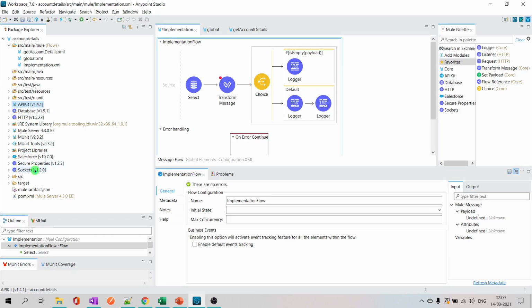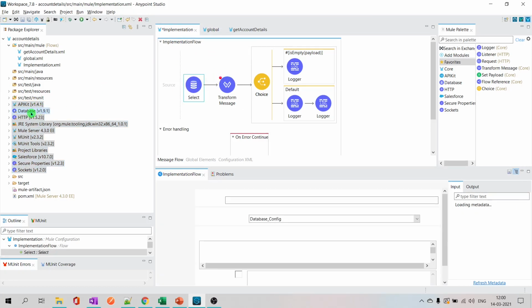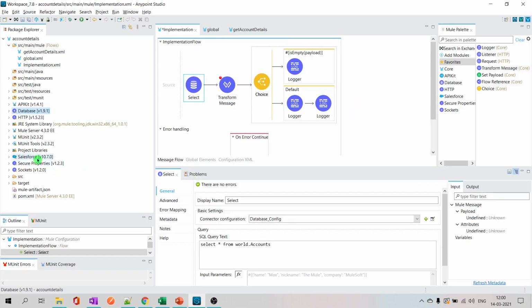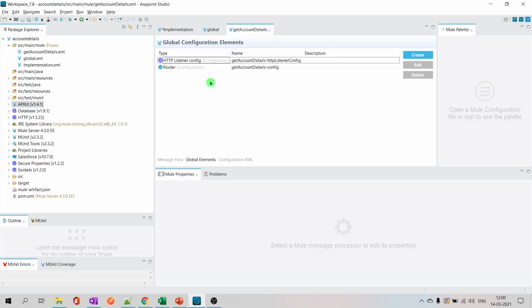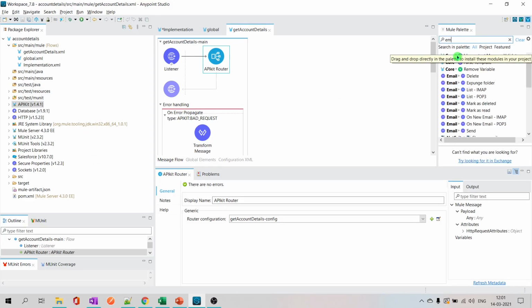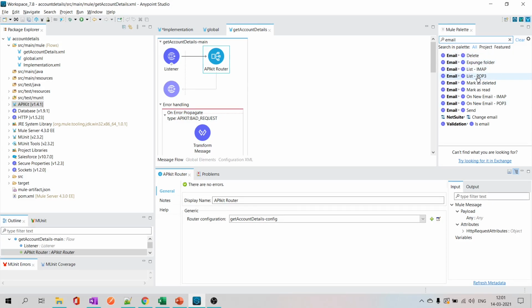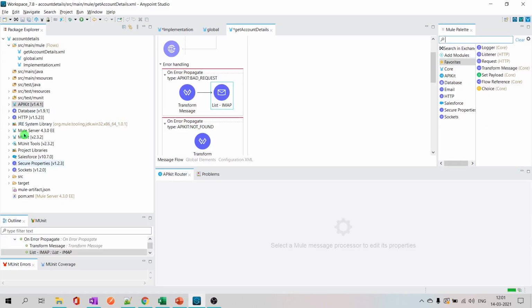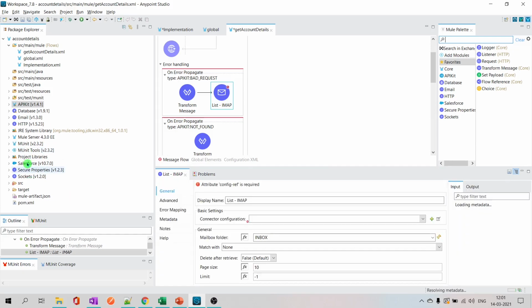And all these are jar files for your connectors. Here we have a database connector, so we have a database jar file. If you have some Salesforce connector you are using, the dependency comes here. So all these are jar files for your connectors. You have APIkit here, which is in our main flow, right? So those are the jar files here. If you add something, let's say, probably we'll try adding email just to show you. I pull this email thing, and automatically you will see an email jar file coming here. This is it.